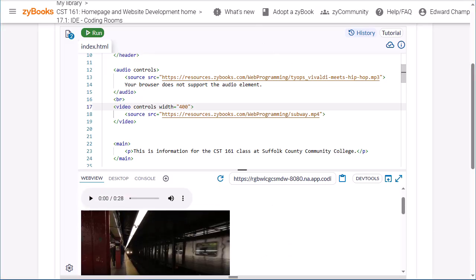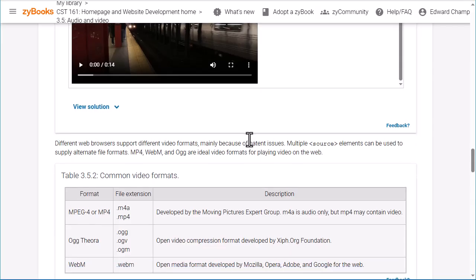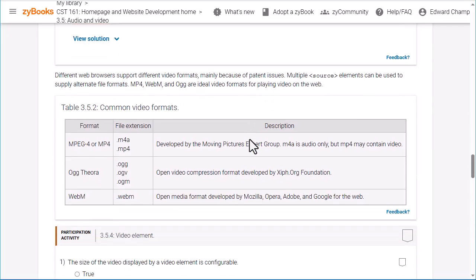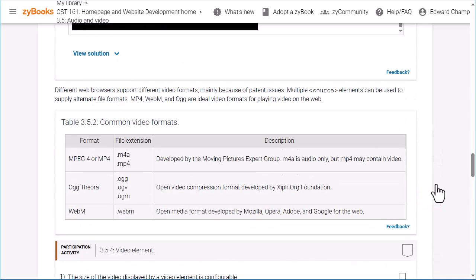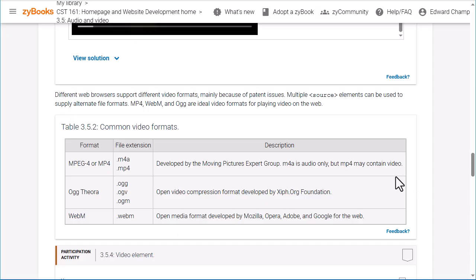Okay, so let's jump back to our book and see what else we have in here. We have the explanation of the standard video formats that we can be using. MP4, M4A are pretty common. And then we have some other formats as well. Again, keep an eye on your browser, make sure it can play the ones you want to play. It's always good to stick with a pretty common standard, since when we create a web page, we don't